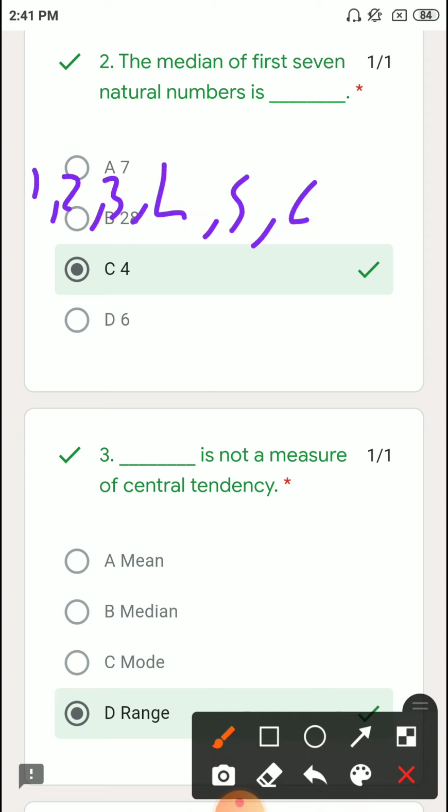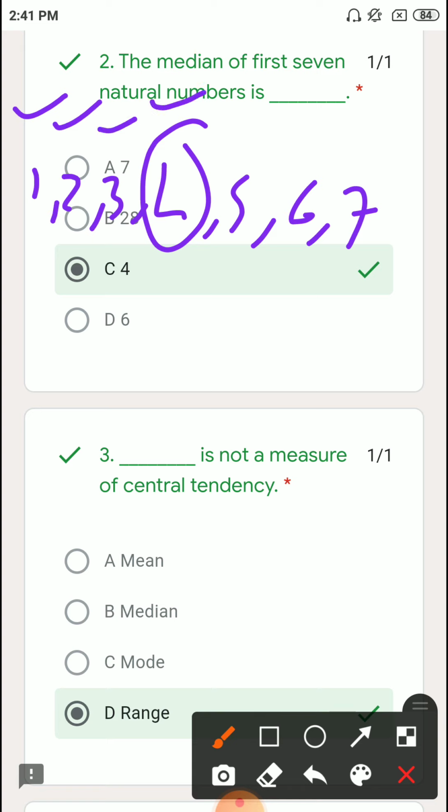Okay, total 7 numbers we have here. Now even directly you can find the answer if you know the concept of median. So directly you can say that here 4 is the middle number, right? So it is the answer of median, because from here 1 2 3 and fourth number, and from last also 1 2 3 and fourth number, that means 4 is the center position, right? So 4 is our answer of median. Okay, directly you can find the answer of median.